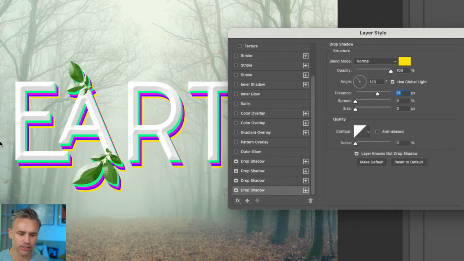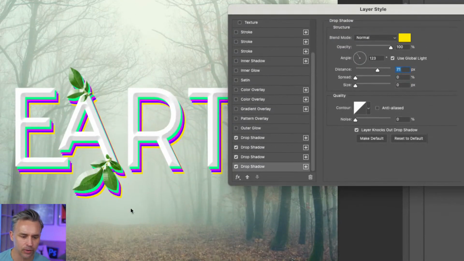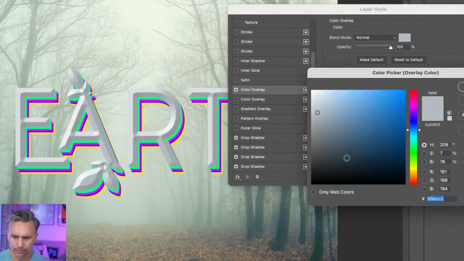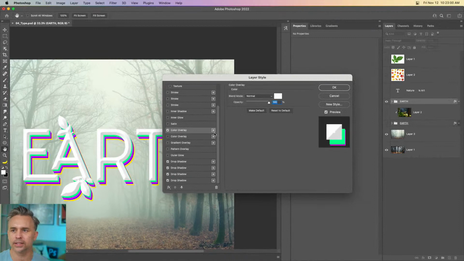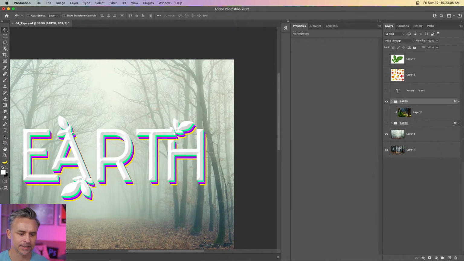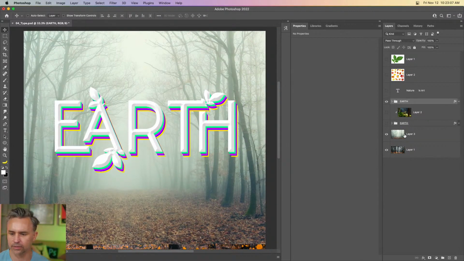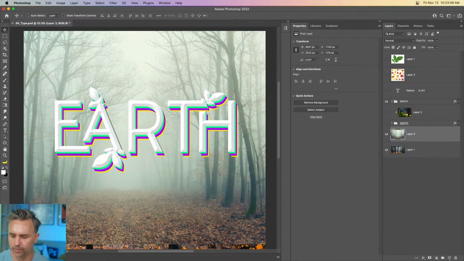So here's an issue, and this is something I'd ask you guys. How do you get rid of the color on these? What if I wanted everything to be white? Well, all you need to do is throw a color overlay over everything. So you don't need to delete or make those white. Just do something like that, right? And then we have our lovely Earth. And I would do something entirely different with the background as well. Since we learned about gradients the other day, I would throw some gradients in there.